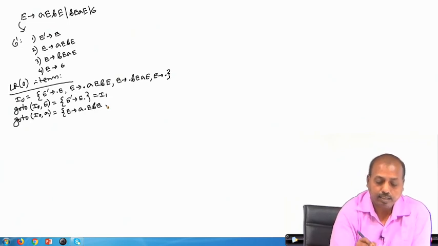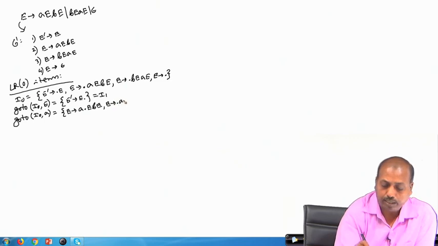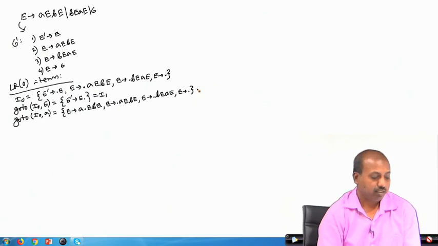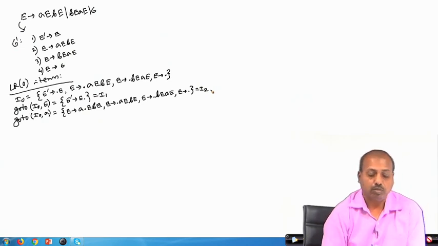And then since dot E is coming, again all these rules will come: E producing dot A E B E, E producing dot B E A E, and E producing dot. So that is the set I2, this set we call I2.